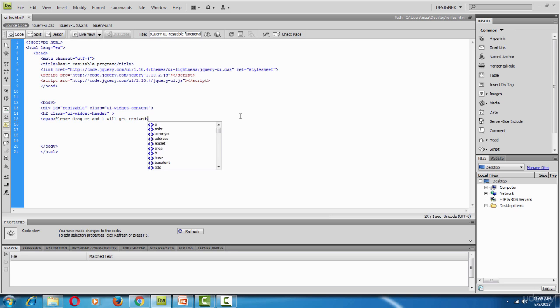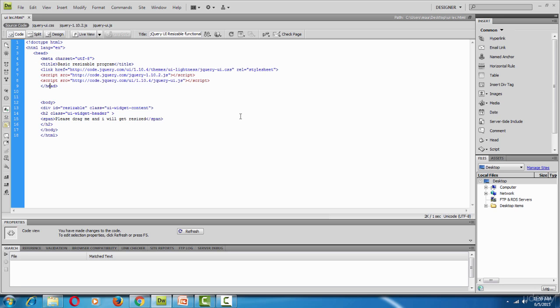So we are closing span here and we will close h2 here. In this way we can write. So now we have completed about all the HTML part which we have to use for this program. So I am just reducing all the extra spaces, and now we are moving on to the style